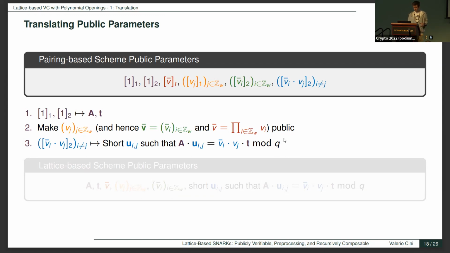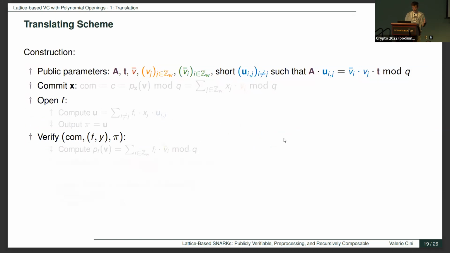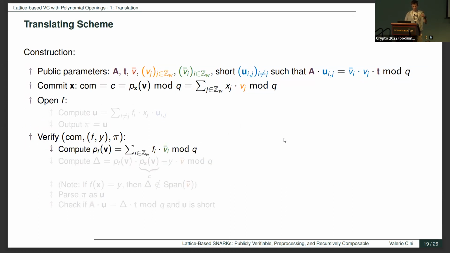So we get that the public parameters of the lattice-based scheme are given by A, T, the Vjs and these Uijs, which are short vectors. And then the construction gets translated as follows. So the public parameters are what I said. Whenever the prover wants to commit to some vector x, he's going to compute the encoding of P_x of v, but just using the linear combination and the Vjs in the public parameters. The verifier is going to compute during the verification the encoding of f using the elements in the public parameters